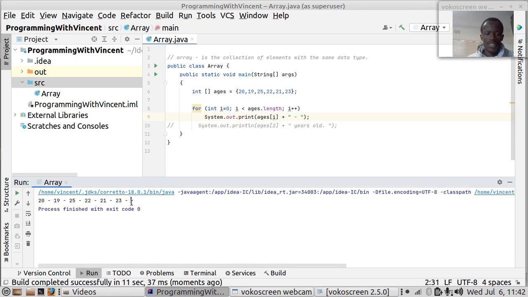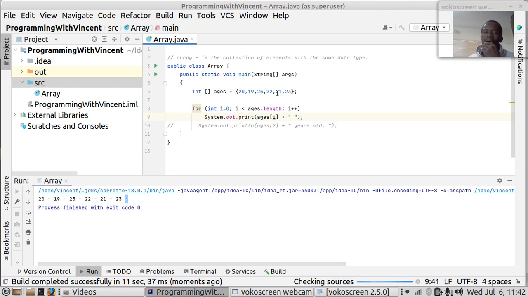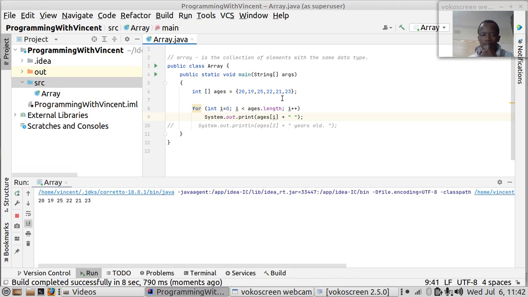As you can see, we end with a dash, so we can just remove this dash and just create some space. So as you guys can see, this is how you can declare and initialize